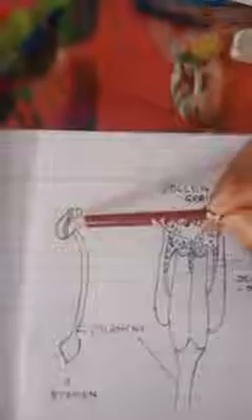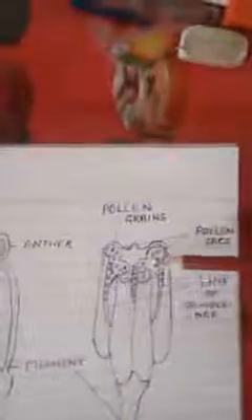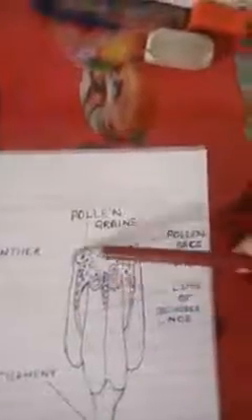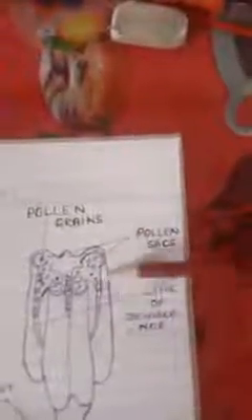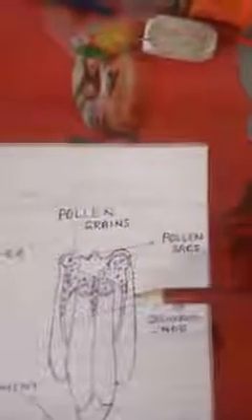When you are going to cut the transverse section of anther, TS of anther, after cutting transversely, this figure will be obtained. This is the filament, and this anther will be shown after getting the transverse section. So this is the anther, and I am talking only about this part. This is one lobe, and this is another lobe. So two lobes are here in one flower. So this is called bilobed.